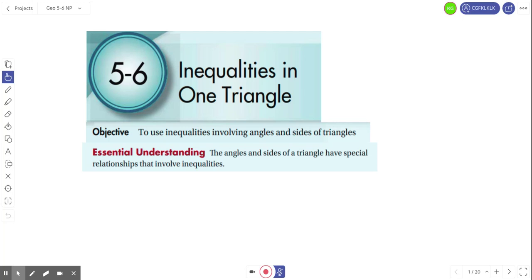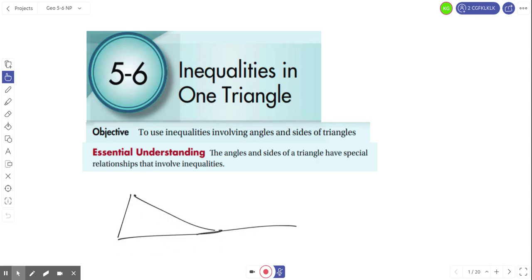All right, welcome to Chapter 5, Section 6. We're going to be learning about inequalities in one triangle, and you might guess soon after this we'll be learning about inequalities in two triangles. So there's things we can set up with inequalities in triangles, and there's special relationships. It's things like